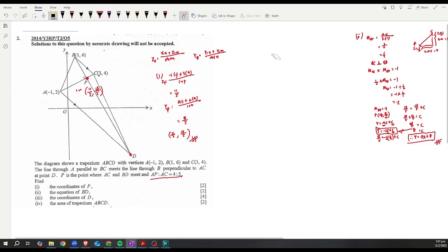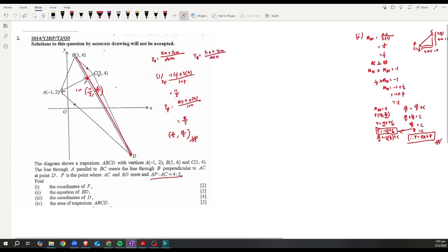We have the equation of BD already. It's a bit hard to find CD. I don't think it's possible to find CD because remember, to find the equation of a line, you need a gradient as well as a single point that lies on the line. We don't have much information to find the gradient of CD, but if you look at AD instead,